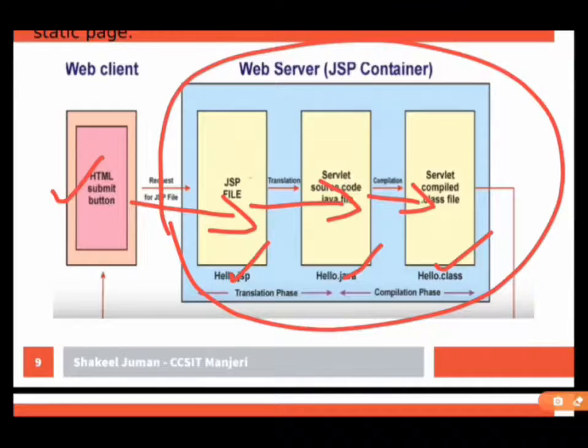After compilation we get the .class file, and further processing is done by the servlet engine, which then delivers the response to the client side.